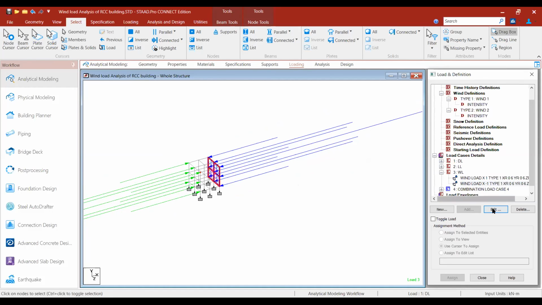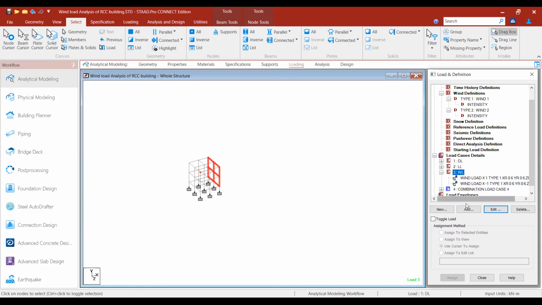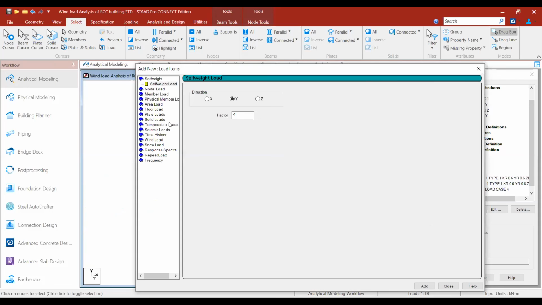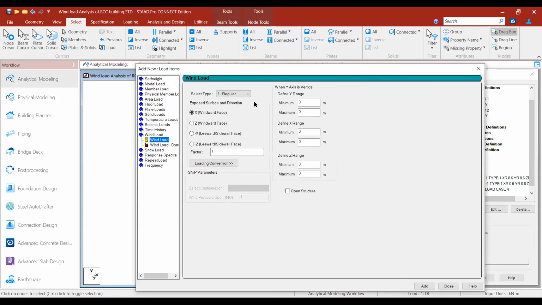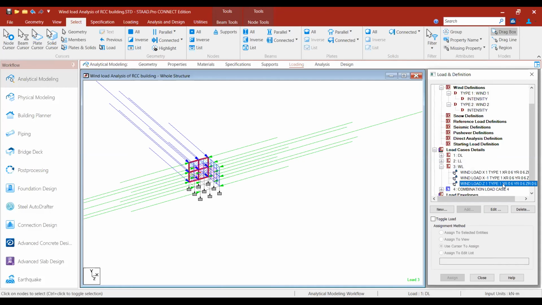Similarly, again you select the wind load, Z direction, Z windward face. The Y range is 0 to 6, same. Z also 6. And also add. It is acting on this side.